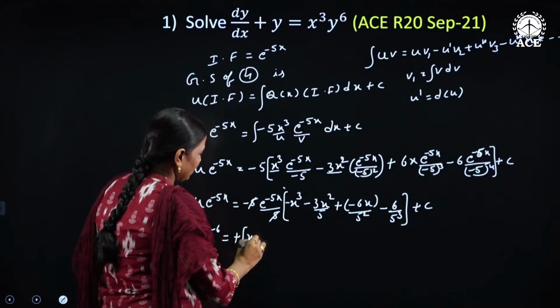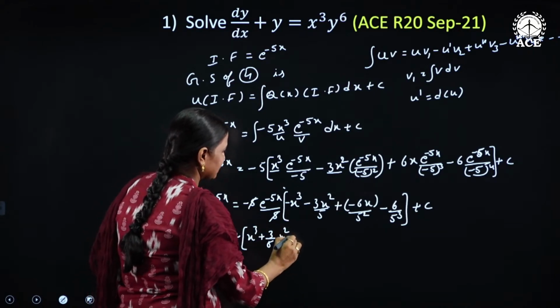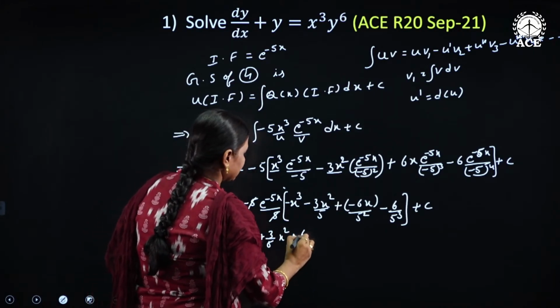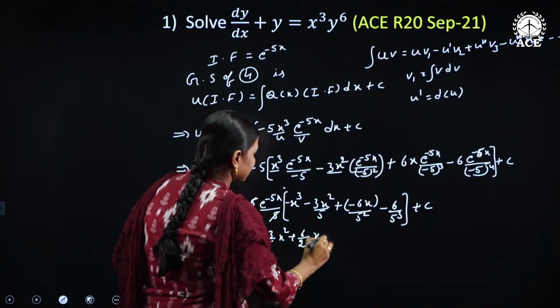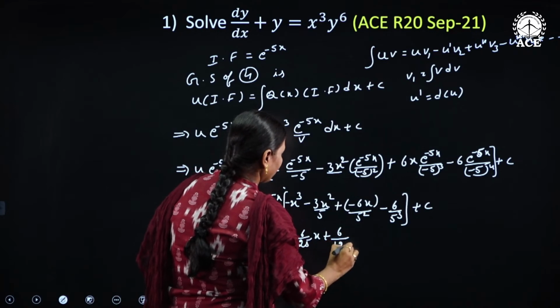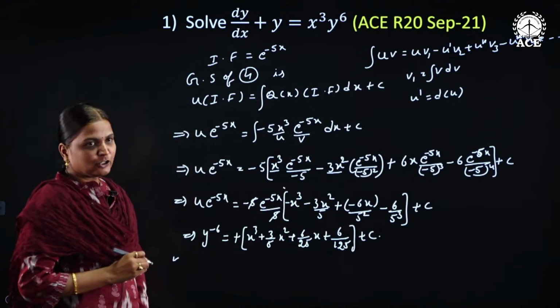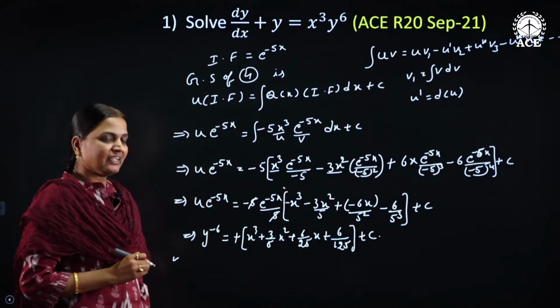So that is equal to x cube minus plus 3 by 5 into x square plus 6 by 25 into x minus plus 6 by 125 plus c, which is the required general solution of the given